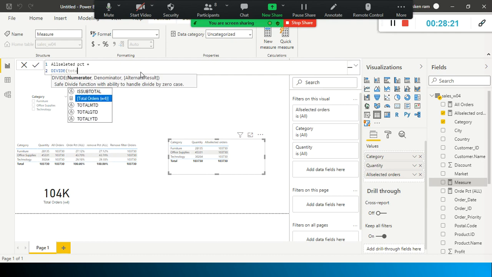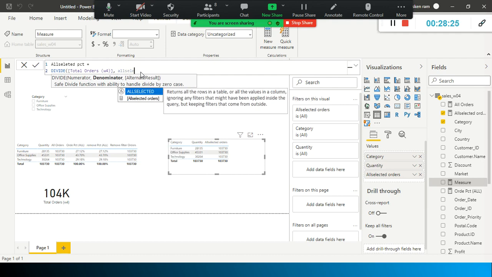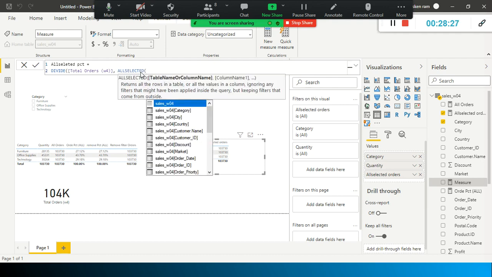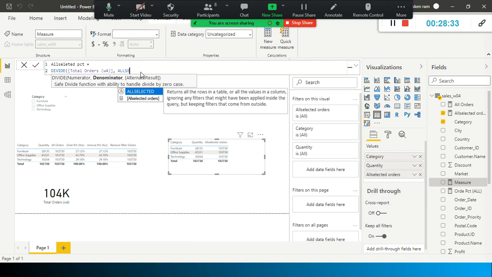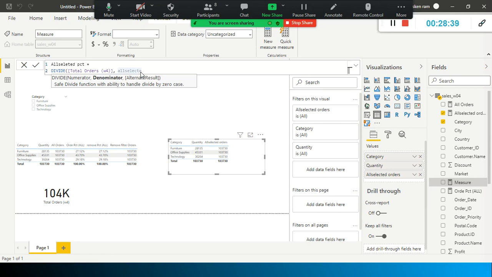So total orders, comma, ALLSELECTED. We have applied this function in order to find out ALLSELECTED here. Sorry, here we don't have to, already applied it, right? So what I want is all selected rows. Yeah, this is the one. I'm done with this.